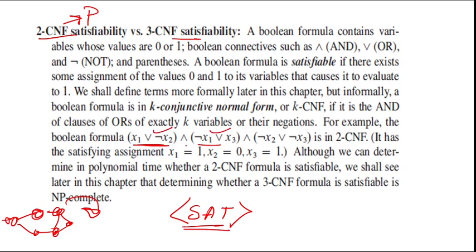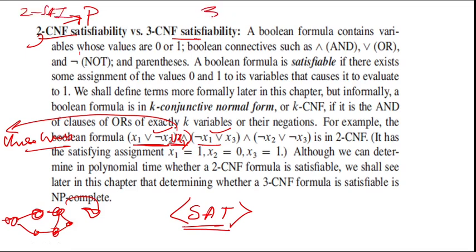Okay, two literals. Just that if you increase the literals here with another one, if you make it 3, this problem becomes unsolvable in polynomial time. So 2 CNF, just if you increase to 3, it becomes out of hand. You are not able to solve it. Okay, so 2 CNF satisfiability and 3 CNF satisfiability. In short, it is called 2 SAT, and in short, it is called 3 SAT. Satisfiability problem. Okay, so these things will come.